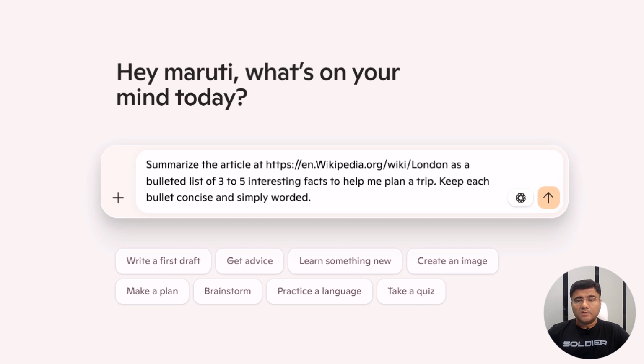Now, if you focus on this particular prompt, the first statement itself, I'm saying summarize the articles. Basically, this is my goal where I'm saying that I want to do the summarization of the article. Then I am specifying that the summarization is going to happen on this particular Wikipedia link. Now, this is a Wikipedia link which is having an article on London. So this is basically my source which I'm providing. So this is my goal, this is my source,